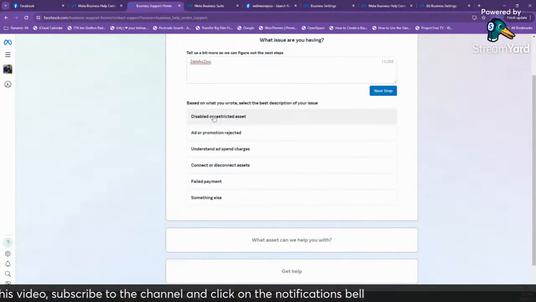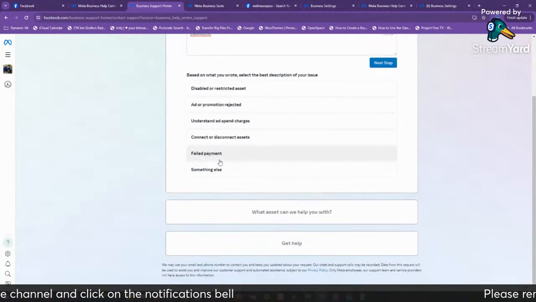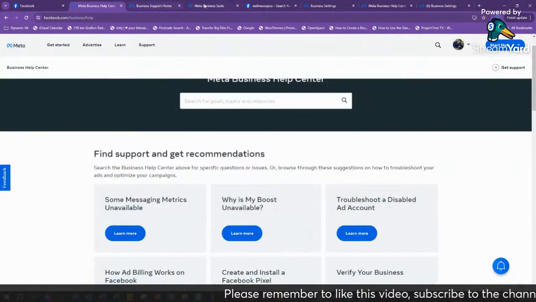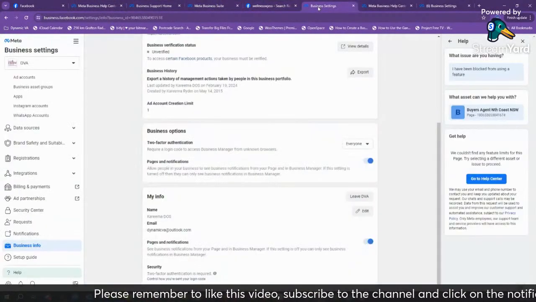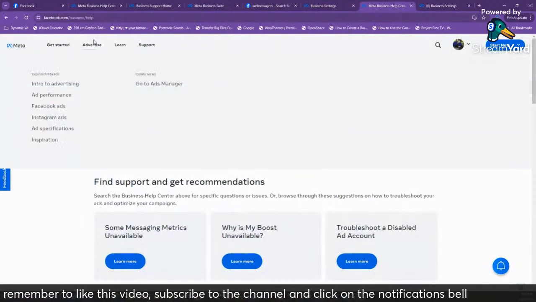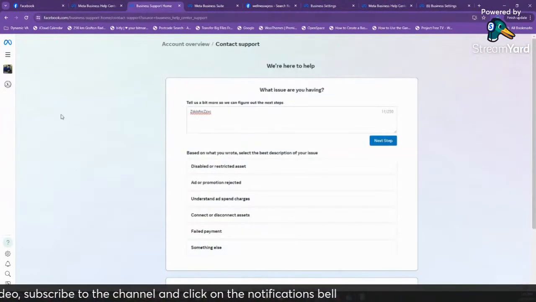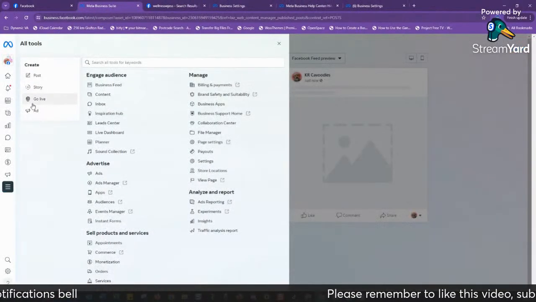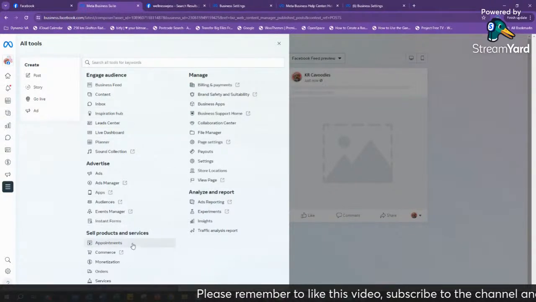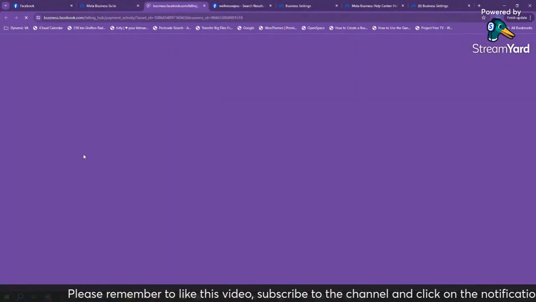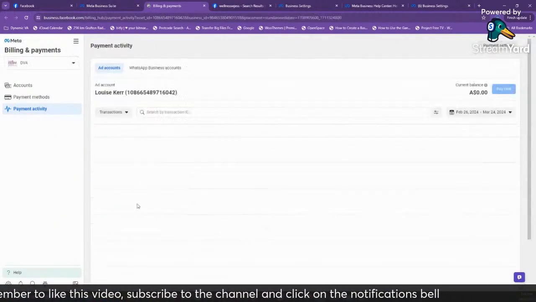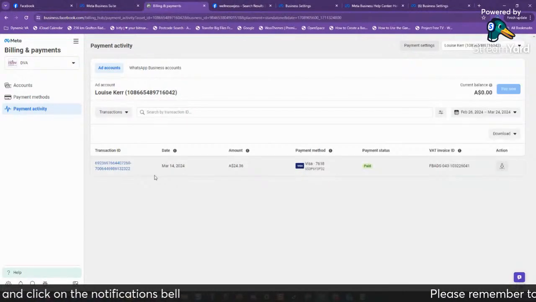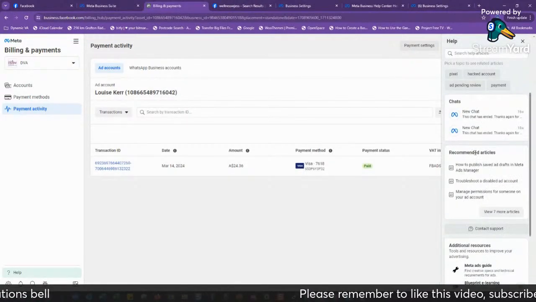Card payment, understanding. I was actually talking to someone else the other day too, and they were having a billing issue. And the answer is, if you're having a billing issue, where are we? Do we have it open? I've got too many windows open, which is normal for me. Billing and payments, this one. Payment settings, help. Often, this help center